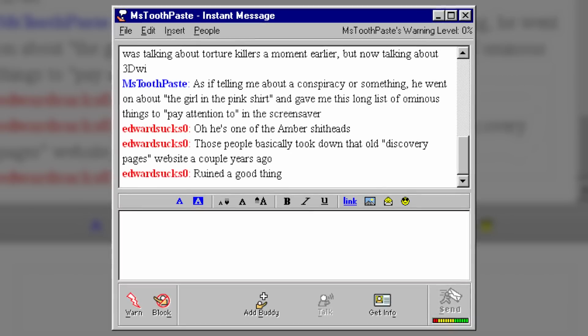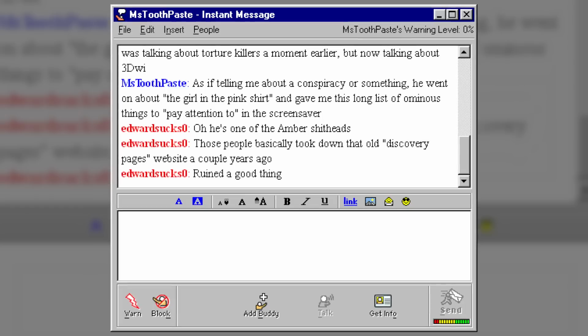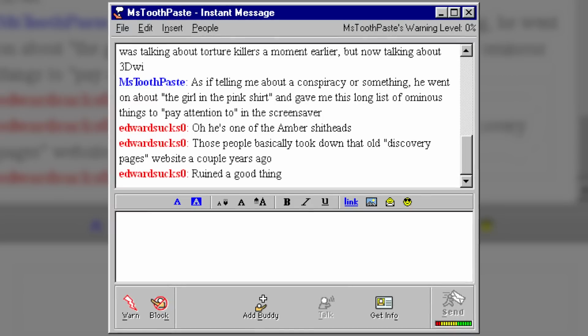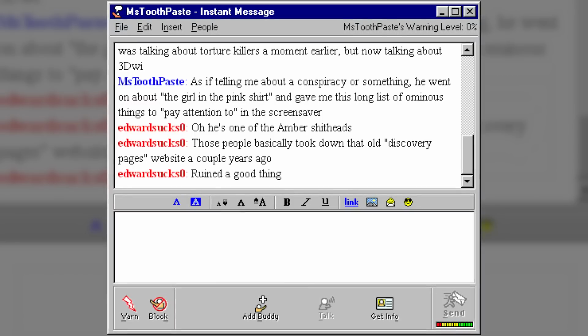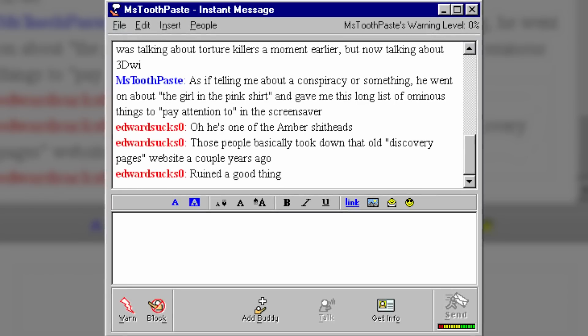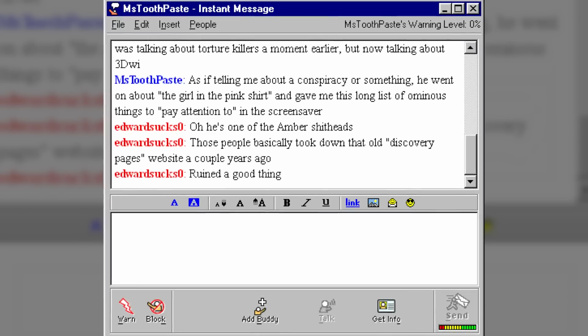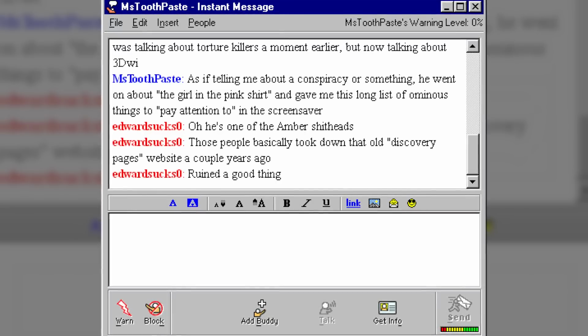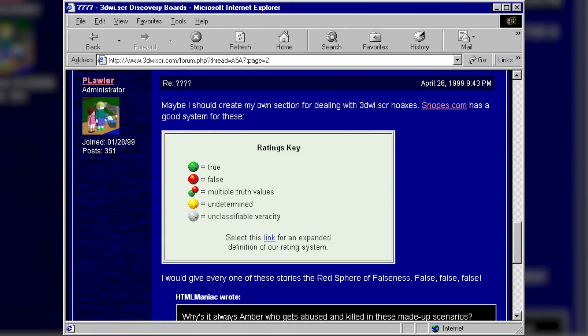Their relentless speculation apparently drove the site's admins to take the 3D WI discovery pages offline permanently. Ruined a good thing, says this observer. This collapse was not just an isolated event, it eerily mirrors the inescapable collapse of the screensaver itself. Just as Amber's repetitive cycle of labor results in the accumulation of inert red spheres of falseness, so too does